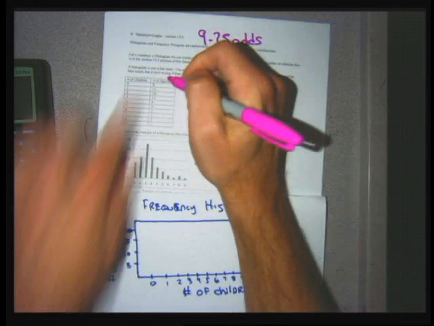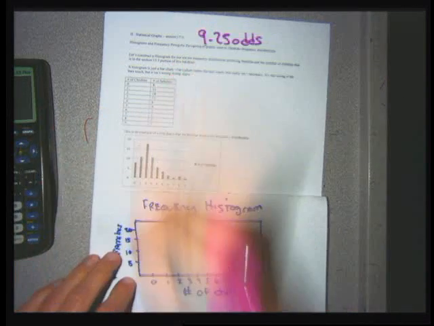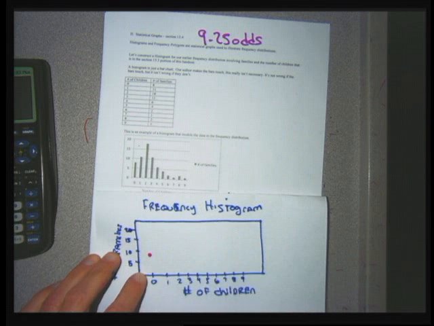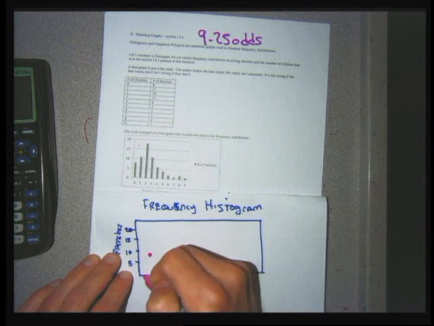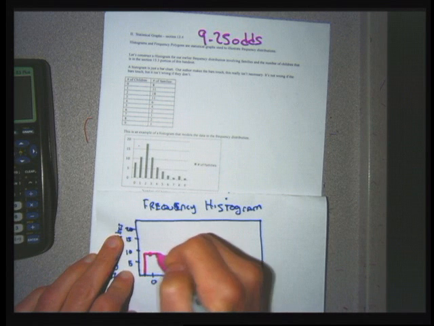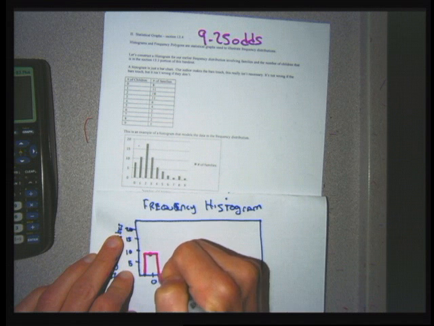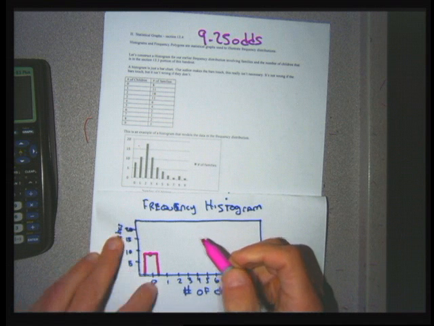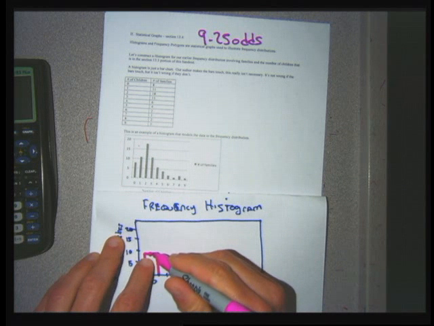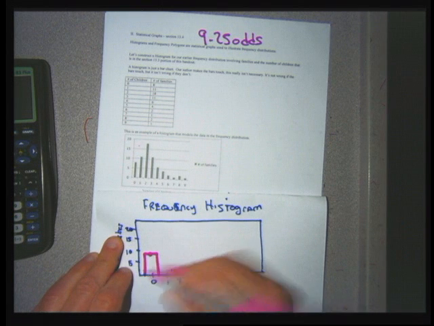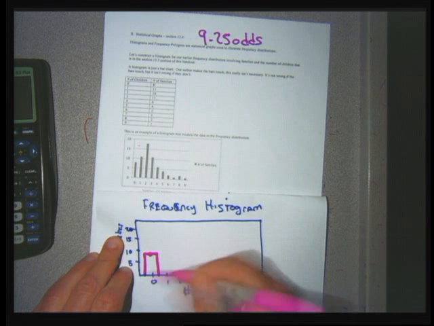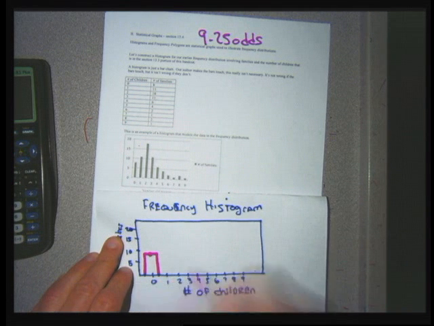Now, above each number, I'm going to put the number of occurrences the best I can. So for 0 children, there were 8 families, so I need to estimate where 8 is. I made a little dot there. I'm going to connect a bar, and our author does this with his bars. Above the number 0, that dot at 8 is directly in the middle,